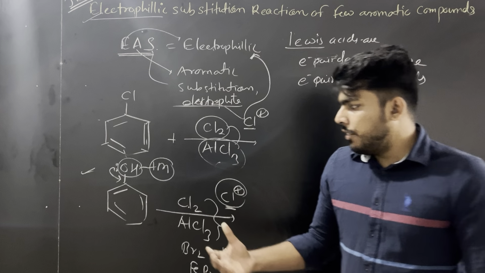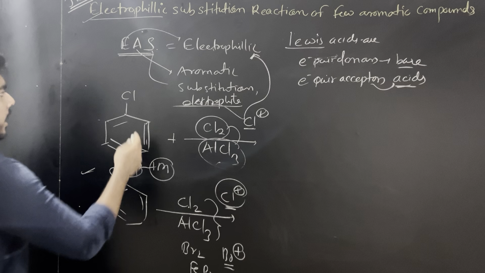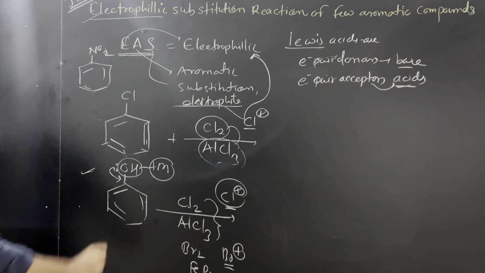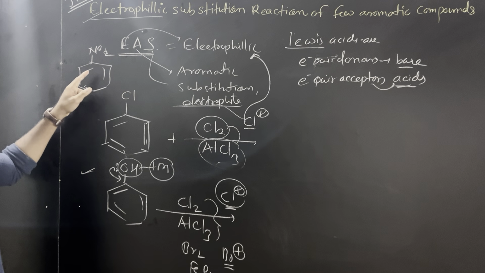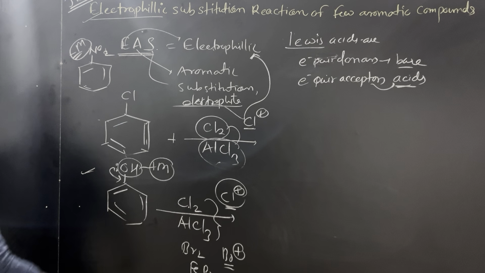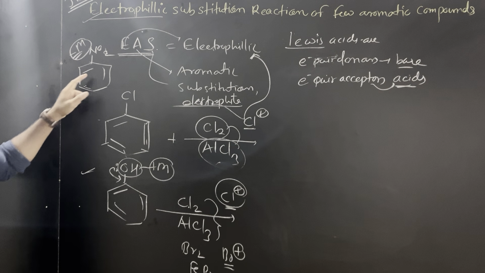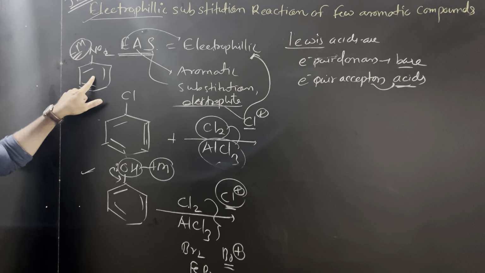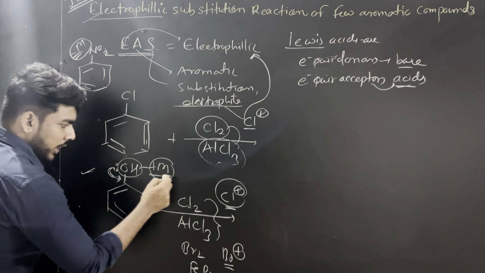On the other hand, if you have a substituent like CN or, for example, NO2, in this the N does not have any lone pair. That's why it cannot apply plus M on this ring, so it will apply minus M. This is called the minus M effect, the minus mesomeric effect, and it will make the ring electron deficient. In this particular case, this OH group is going to add a positive mesomeric effect.